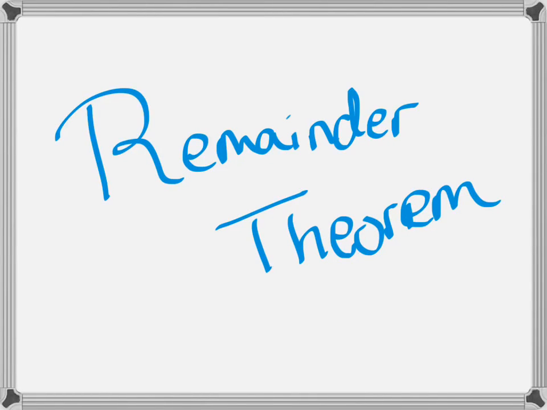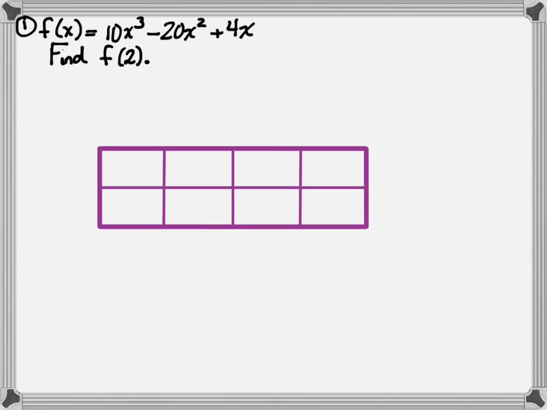The remainder theorem is dealing with the remainder. So that number is actually going to be the solution if I plugged in the opposite of the factor number. So what I mean by that is, if I'm trying to find what's happening at 2,